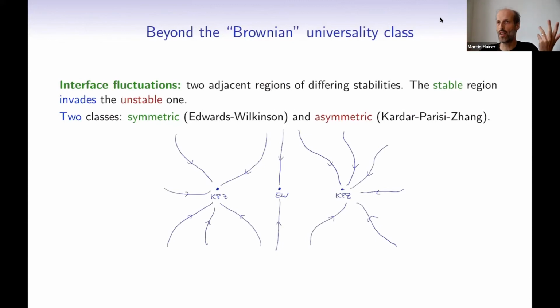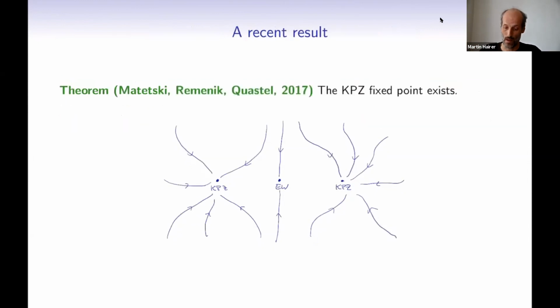And well, Wilson's intuitive picture that we should have in mind is that any of the three models that I just showed you, that would be some interface model here, but as you zoom out, one would expect it to converge to some kind of universal interface model, which would be this KPZ fixed point here. And that universal interface model, it turns out, is actually much more difficult to describe than Brownian motion, for example. And this is actually a very recent result from just a few years ago by Matetski, Quastel, and Remenik,